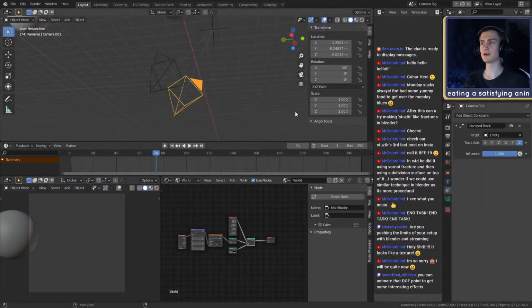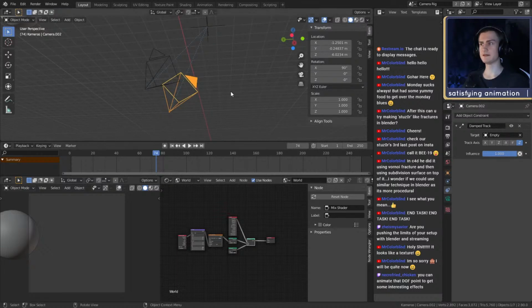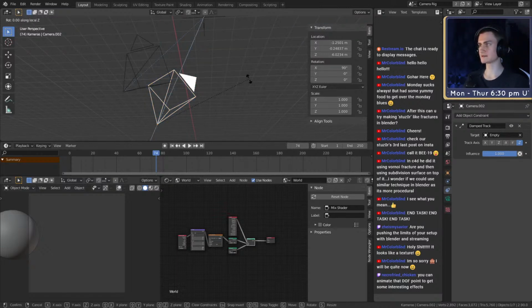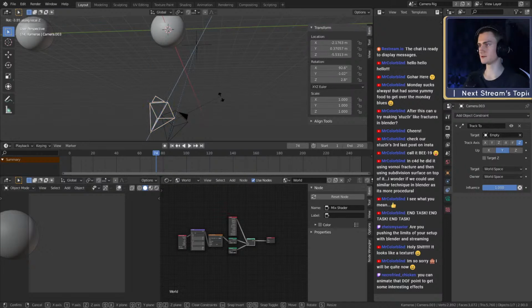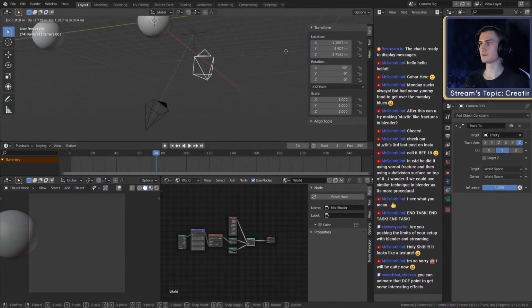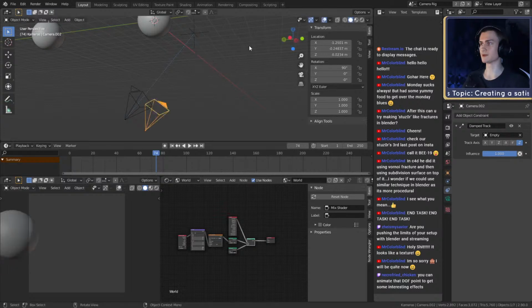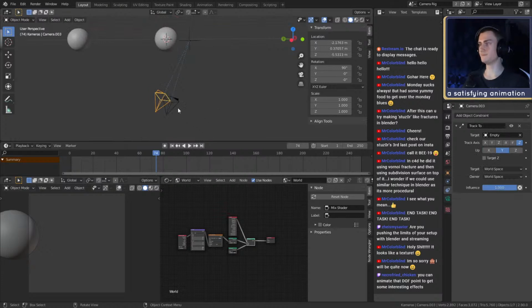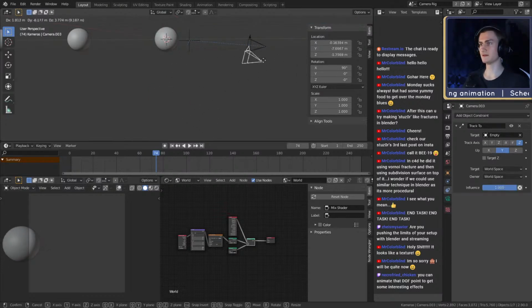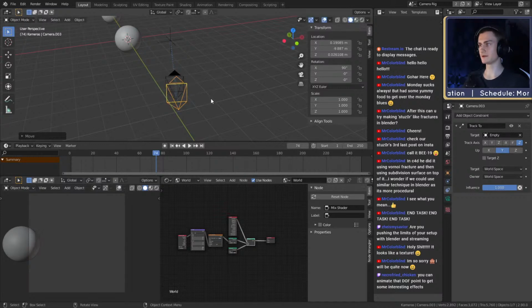The damped track constraint just keeps the X and Y axis in mind. So if you then want to rotate this camera, you can still, on the Z axis, hitting rotation and then double Z, you can still rotate this camera, which is not an option for this one. If you want to do it with this one, you can't. Sometimes this one works better, sometimes the other one works better. It's just your choice and depending on the situation. So that's of course the first part of the camera rig, automating your camera.